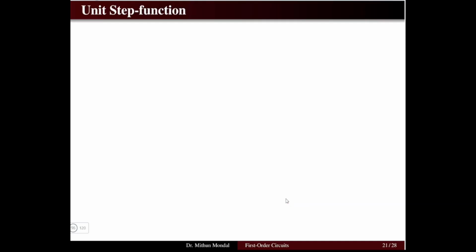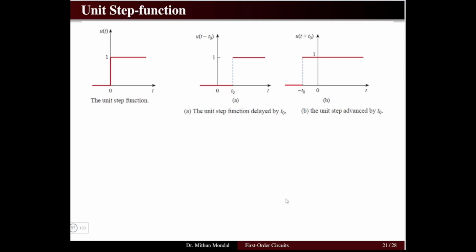So first let us see the unit step function. Why do we say unit step? Unit is because the amplitude is 1. If the amplitude is 1, we say it is unit. Now this is a discontinuous function. Discontinuous means that with respect to time t, the signal amplitude will change. That is known as a discontinuous function.